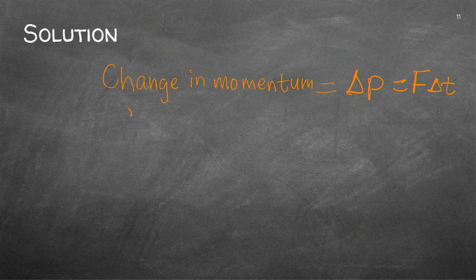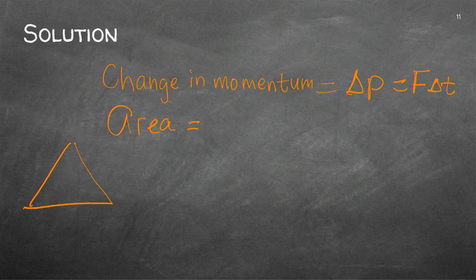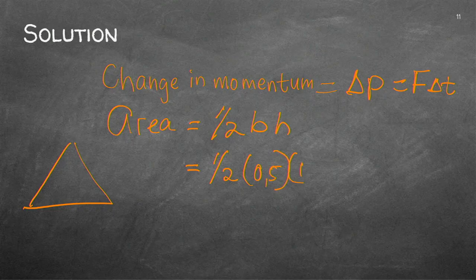That will be the area under the graph. You know the graph was a triangle, so it's half base times the height. Half of the base, remember it was the time, and the height was 150 newtons, which will give me an answer of